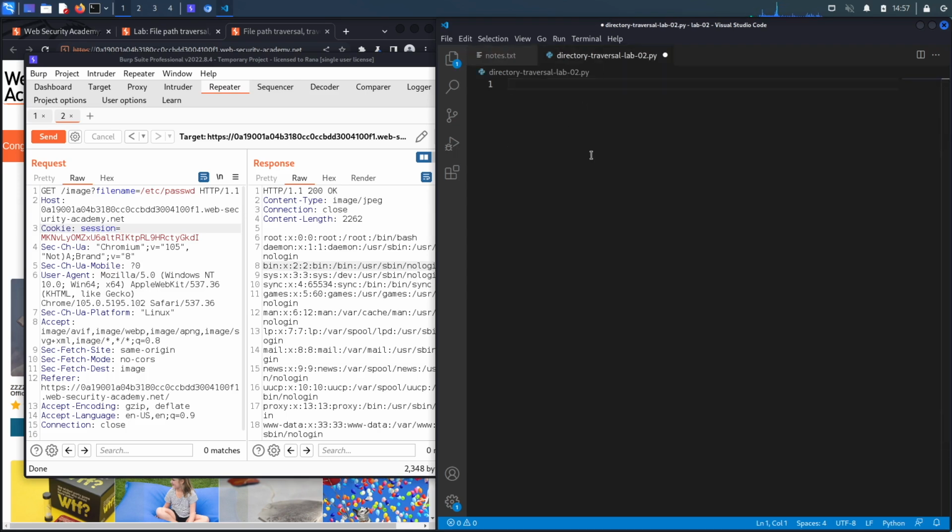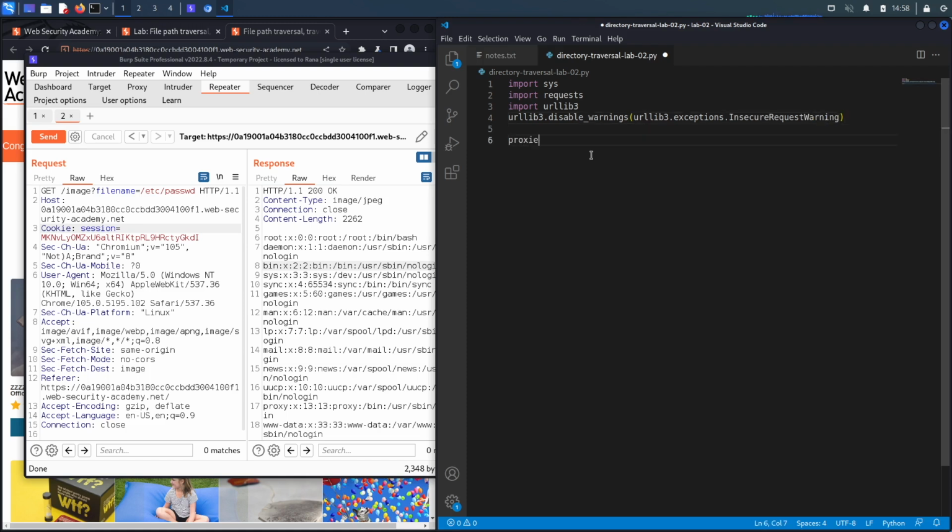So just like the first lab, this should be relatively simple because this is an unauthenticated vulnerability and requires only one request. So the first thing that we're going to do is import all the libraries that we need. So the sys library, the requests library, the urllib3 library, and then we're going to disable insecure request warnings. So disable warnings, urllib3 dot exceptions, InsecureRequestWarning,